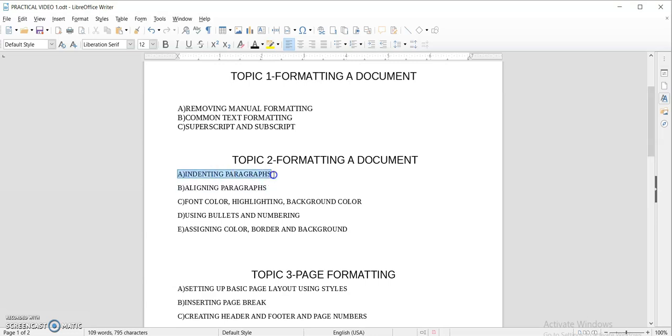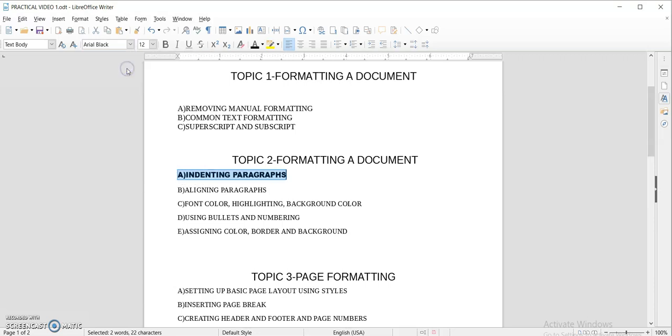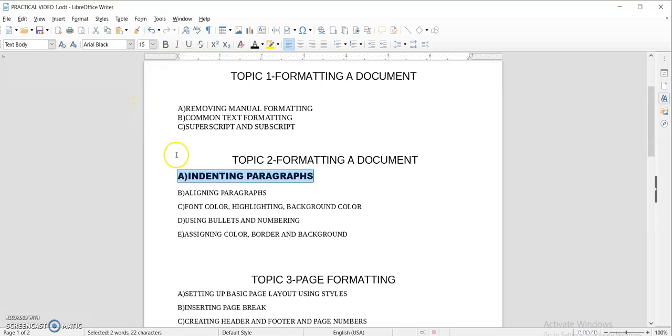If I want to change the font style, I can simply click on the style which I want. If I want to change the size of the text, I can click over it. If I want to italicize it, I can click on italicize. If I want to underline it, I can click on underline.